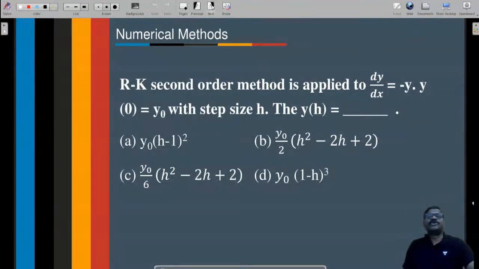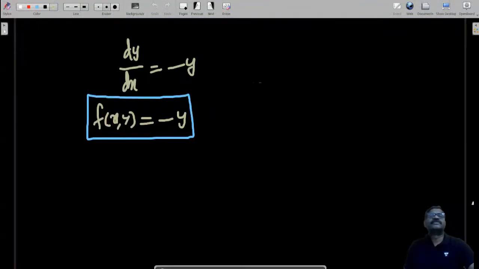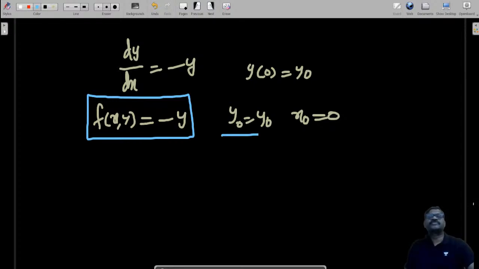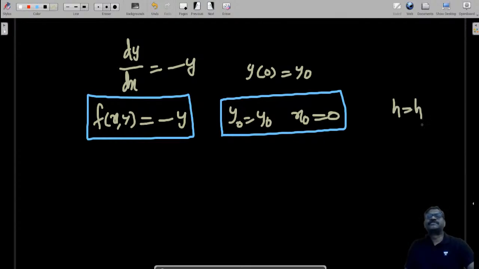Y of 0 equal to y naught, that is x naught equal to 0. Step size h is h. We have to apply RK second order method. Step 1,